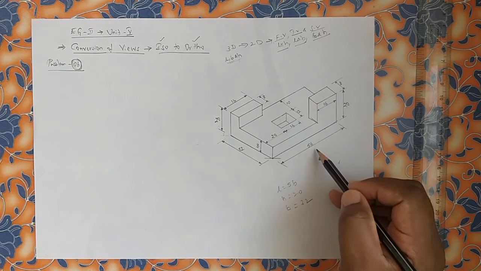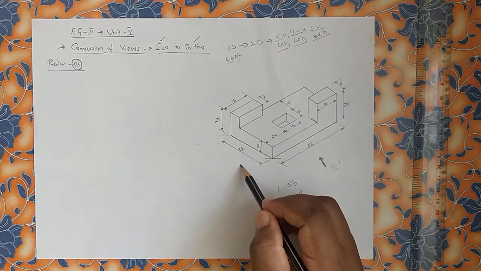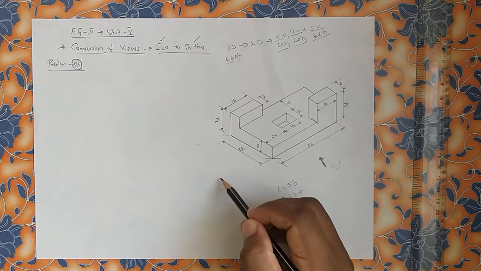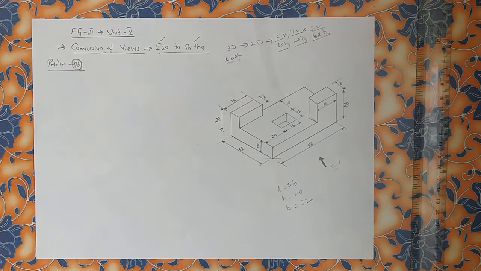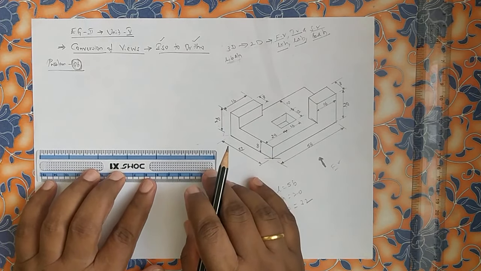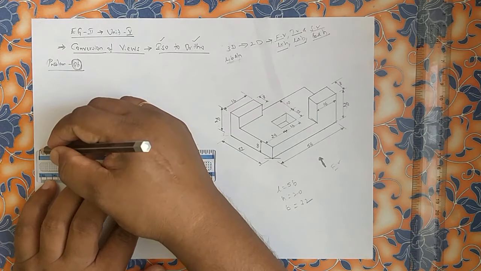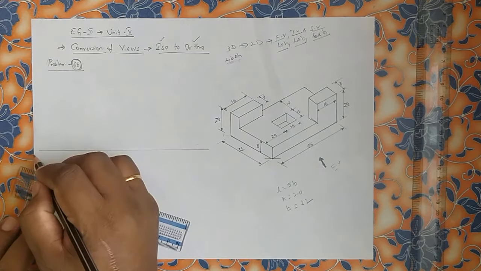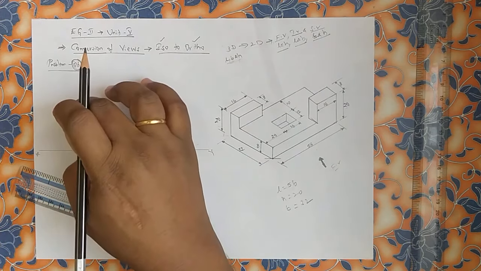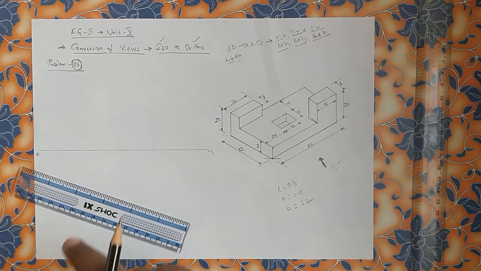Finally here front view, top view, side view. Which side view it is? From here we are turning onto the left side. When you are looking from here, it is left side view. See, after left side view, how we are supposed to start? As usual, draw XY line. Front view will come above XY line, top view will come below XY line.